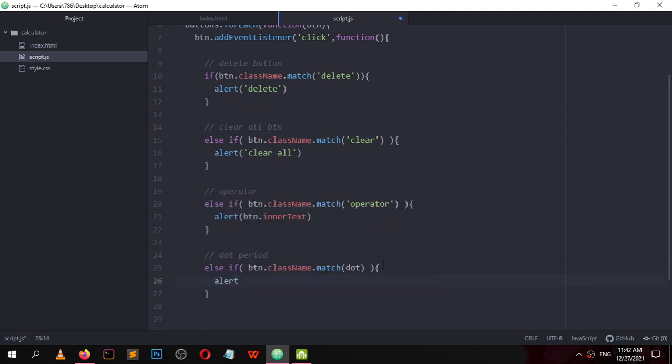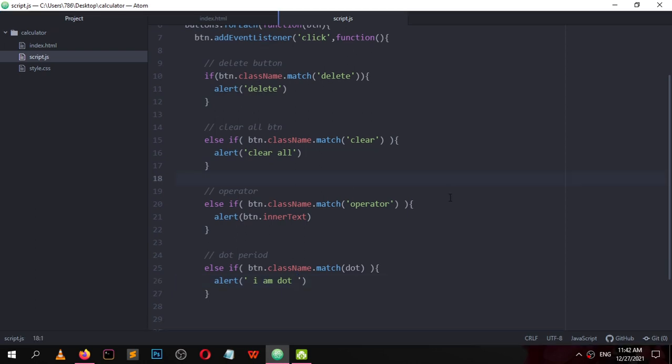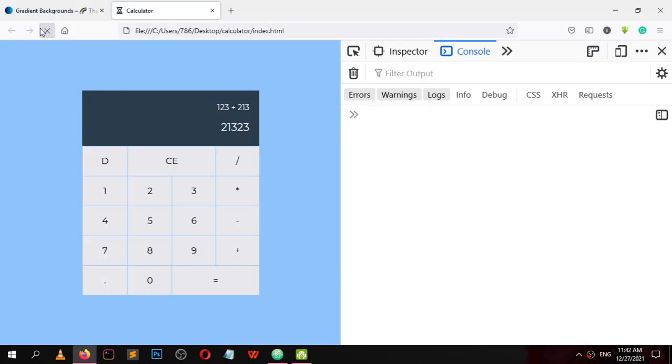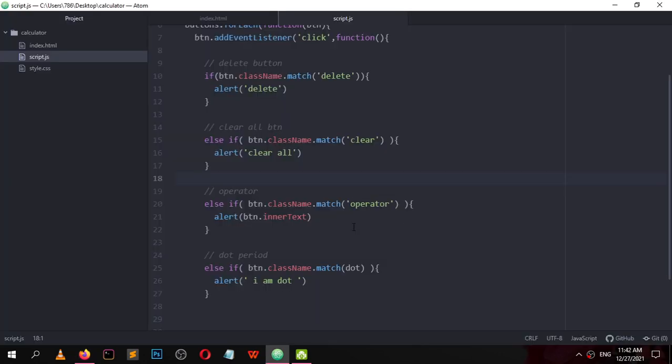Alert dot. Save, reload, and click here. Dot is not defined. Here we go. We should pass a string, not a variable name.